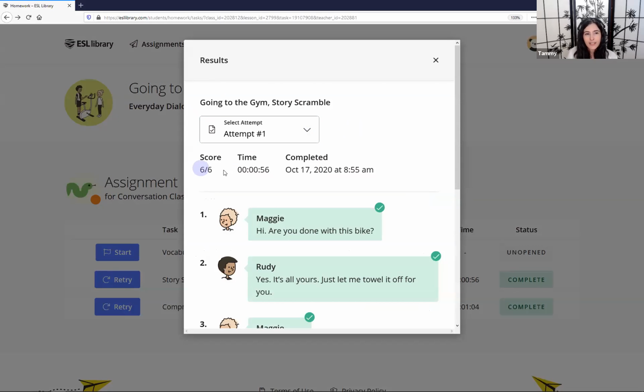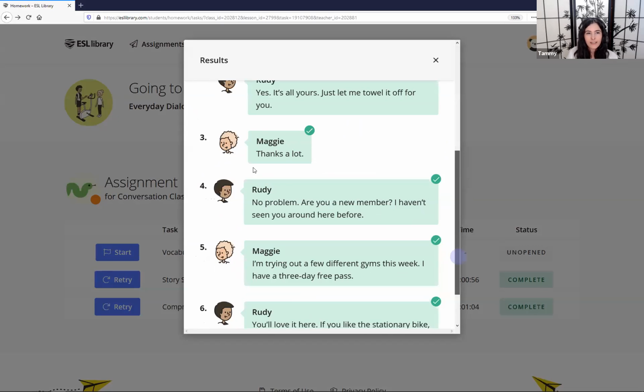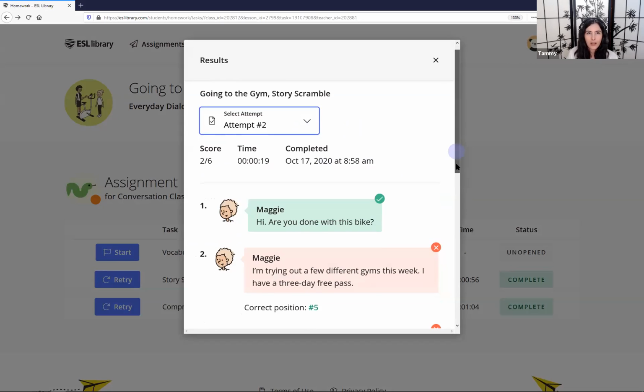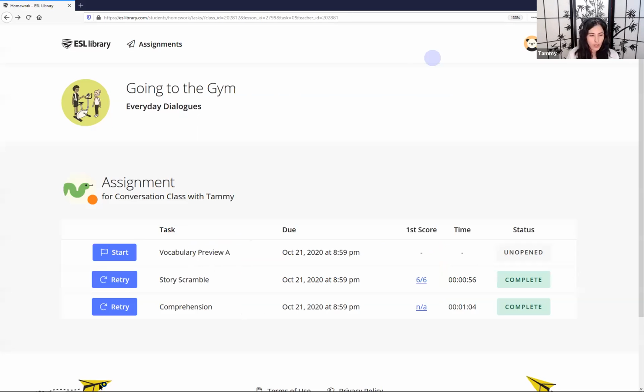So I can see how I did on my first attempt, how long I spent, and even the exact minute that I completed that task, and of course all the details there. And if I click on to attempt 2, I get that same information as well. So I can see all of that, how long I spent, and the fact that I did this 3 minutes later. So let's go ahead. All of this feedback is available in real time to the student, but it's also available for the teacher as well. So we'll hop back over to